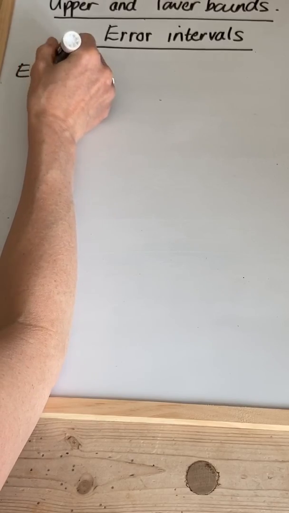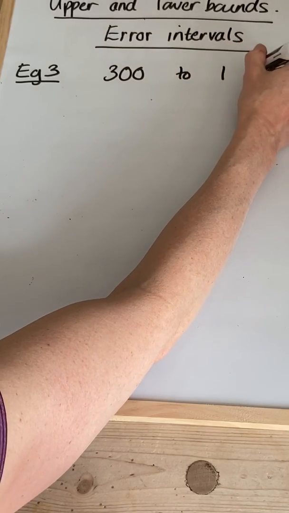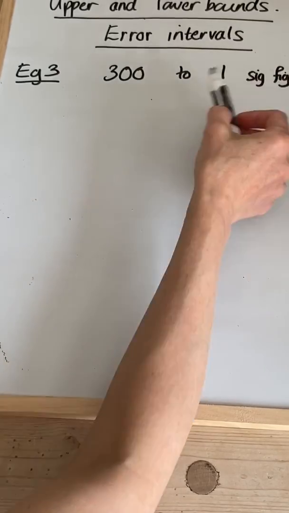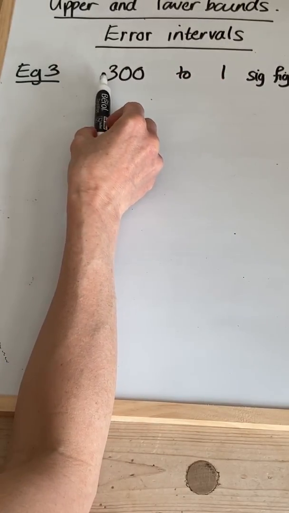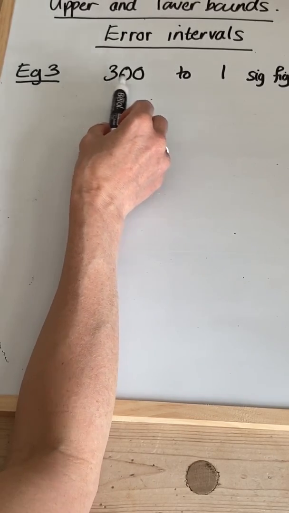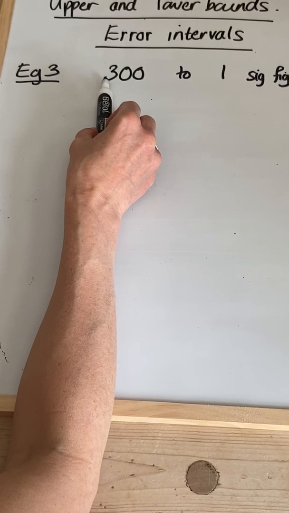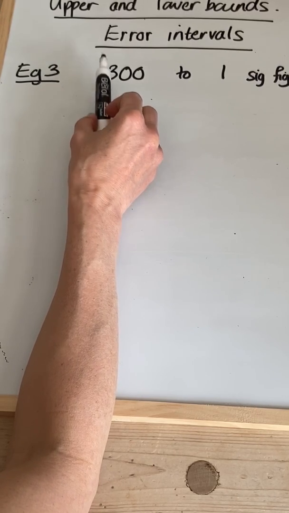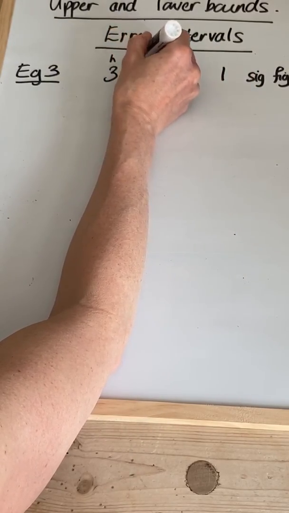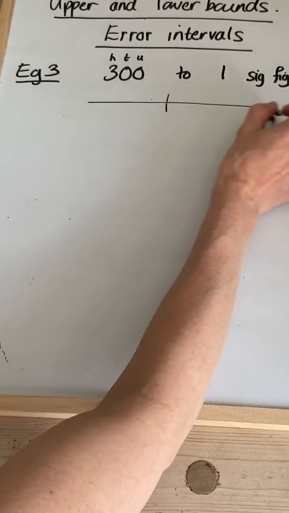Example 3. I'm going to go for 300 to one significant figure. Now, think about significant figures. Significant figures are the number of numbers, effectively, that you're putting in your number after the first zero. Well, there is no first zero here. Our first significant figure is in the hundreds column. So to one significant figure, we're talking about to the nearest 100. I'll just do what we do at primary school, hundreds, tens, units. Our first significant figure is in the hundreds column. So we're looking at 300,